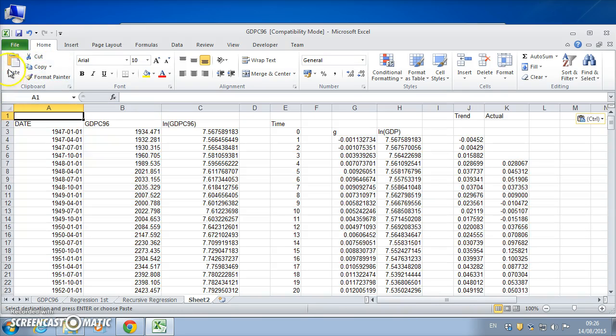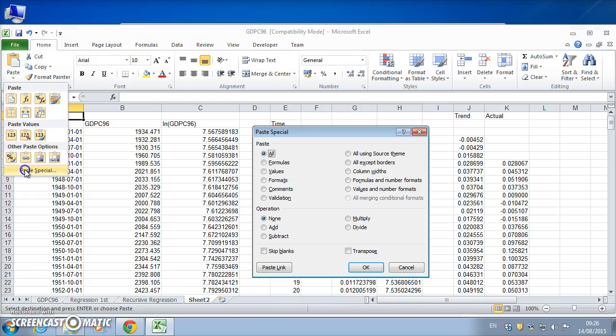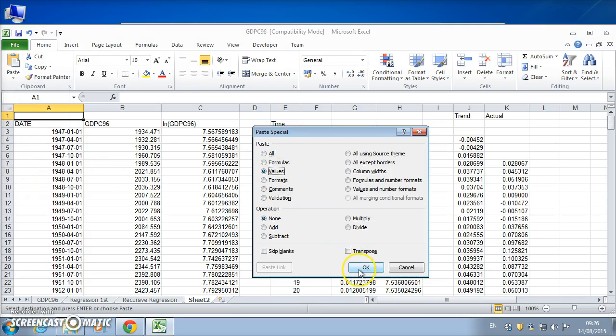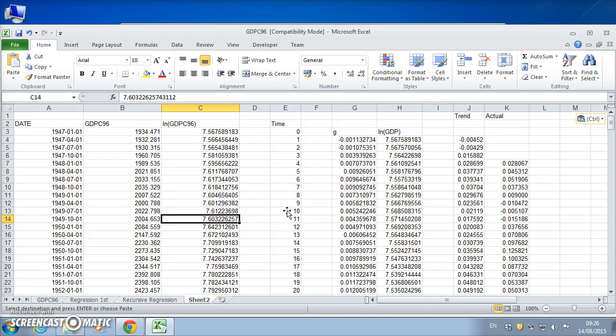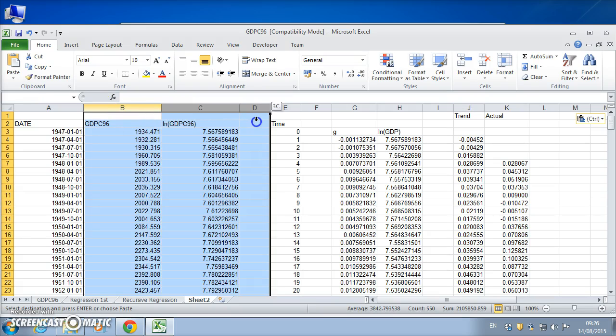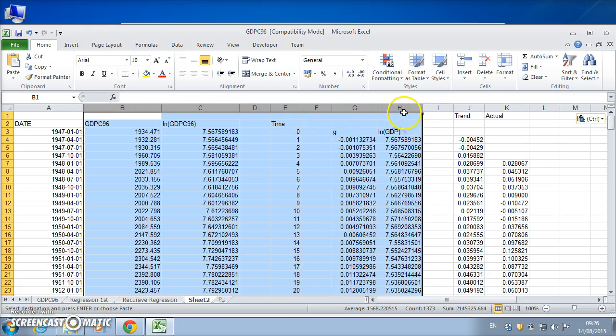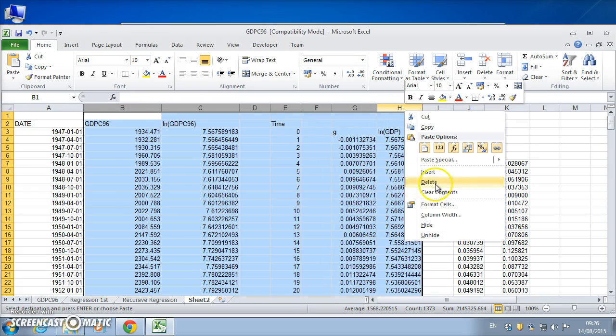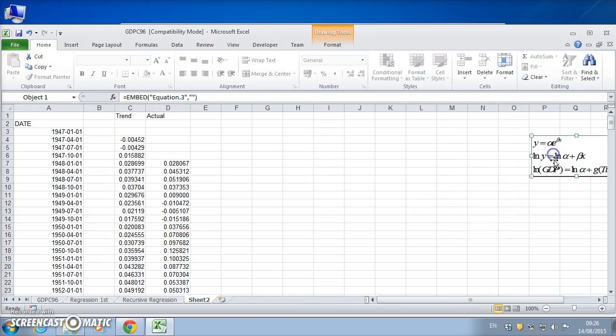In fact, we might paste special values. Okay, so I just have the raw data, and I can remove the series here, delete without any effect here. I can remove this,